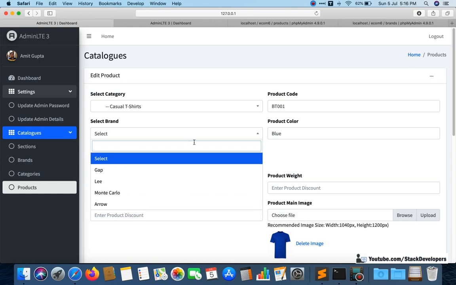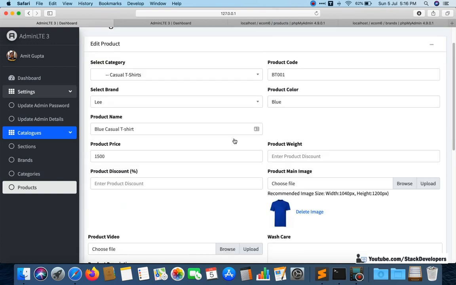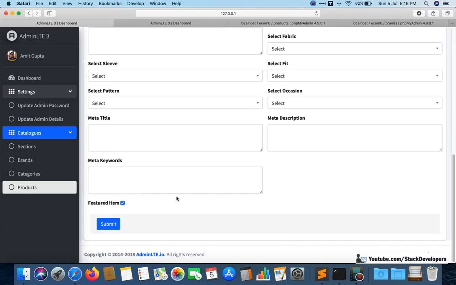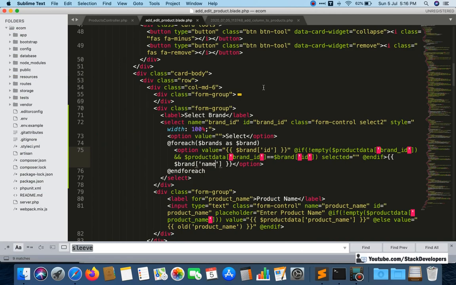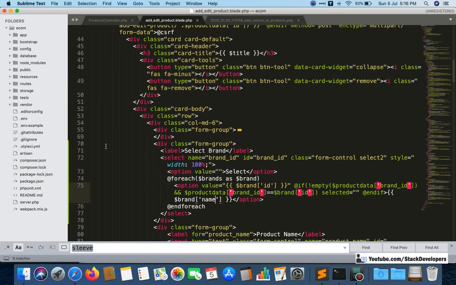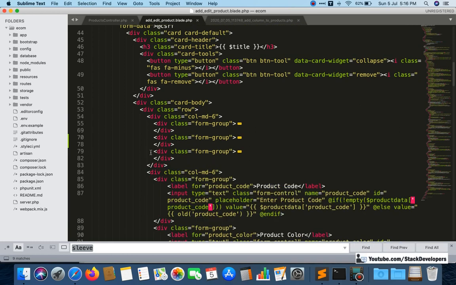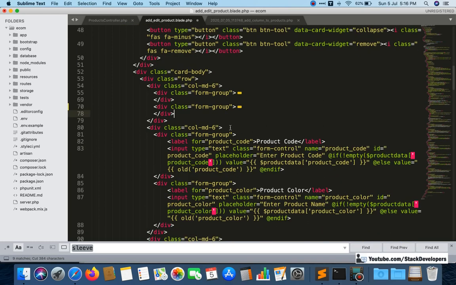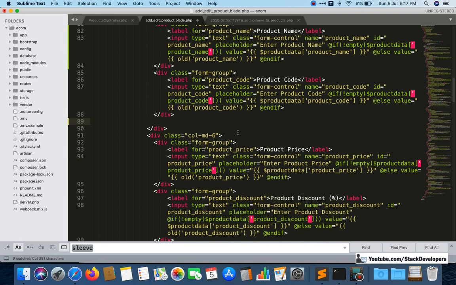Okay, so now we can select the brand here. Every time we add a product, we will select the brand here. We can change its structure as well if we require. Otherwise we will keep it like this. Otherwise we can shift it upside down, like I can quickly do it. We want only two form groups in one col-md-6, so we can move the other one down like this. This depends upon you. If you want to do it, you can do it. Otherwise you can leave it.